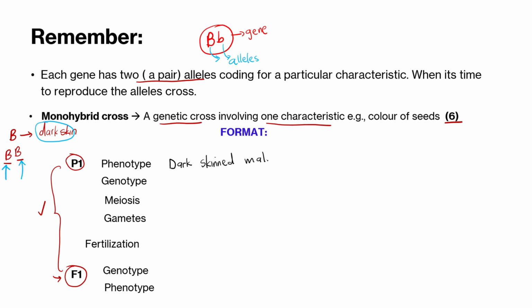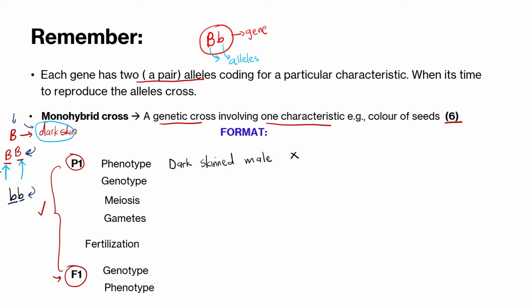And I am going to make a baby with, let's say, a wife who has small letter b, small letter b. Here, the small letters, remember, represent a recessive allele. So this is homozygous recessive. Mine is homozygous dominant, and her genotype is homozygous recessive. So her physical characteristic, since we have said capital letter B codes for dark skin, means that she would have light skin. She would have the opposite of B, because small letter b is just the recessive allele.